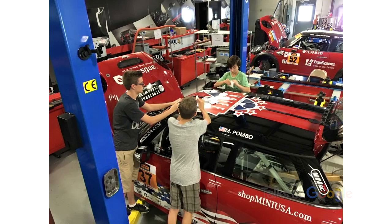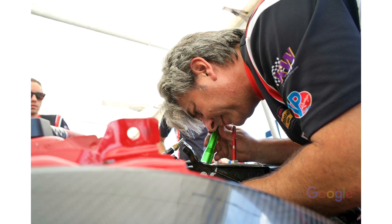Just attempting to represent the brand that supports me and my dreams. And like I said, it's a family affair. You can see my boys. We're a blended family. My son is in the green shirt, and Wendy has 3 boys. Her youngest is not there, but they're all at the shop helping every day after school. And we have great drivers that have dreams, and we kind of come together, and it becomes a great chemistry. And we all push forward to overcome the obstacles